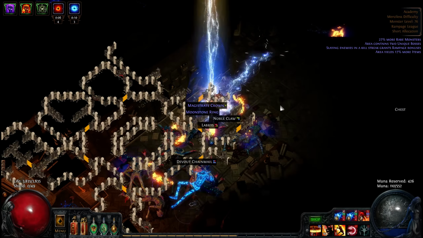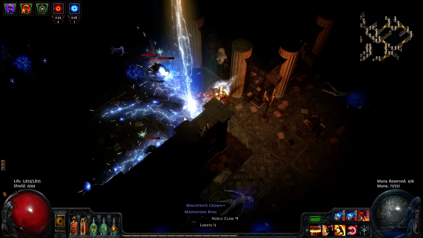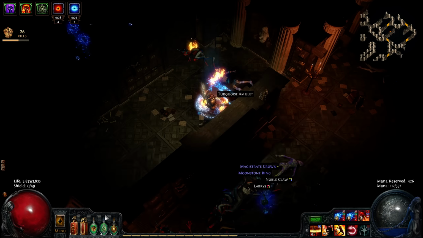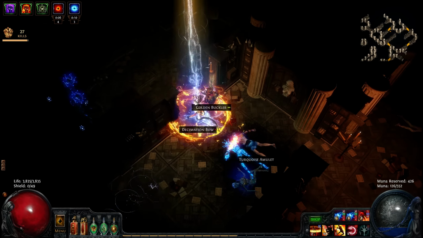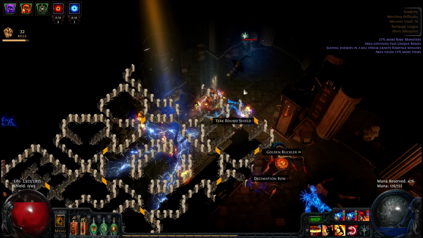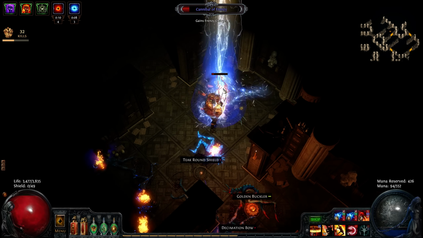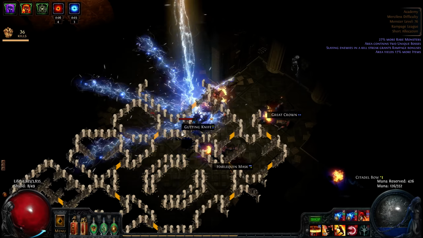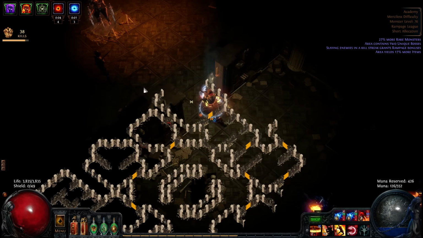I have a couple of flasks, and really the one I'm using for damage is a Jade Flask of Fending. Fending makes your melee attacks knock back, and bleeding targets take more damage when they move. So I can force targets to move by